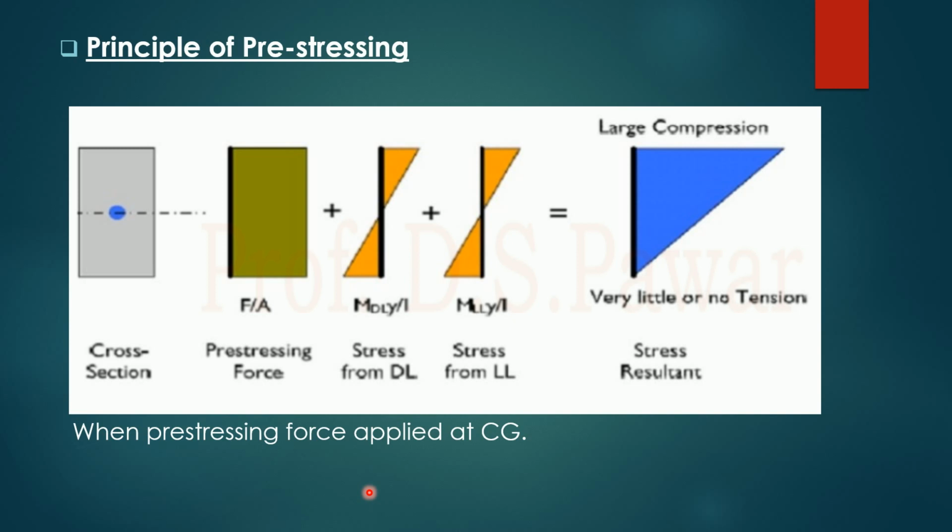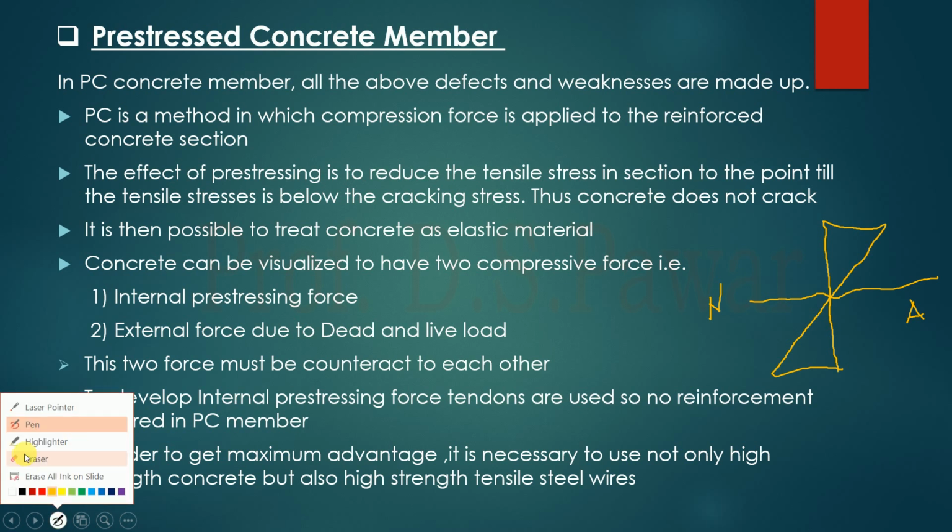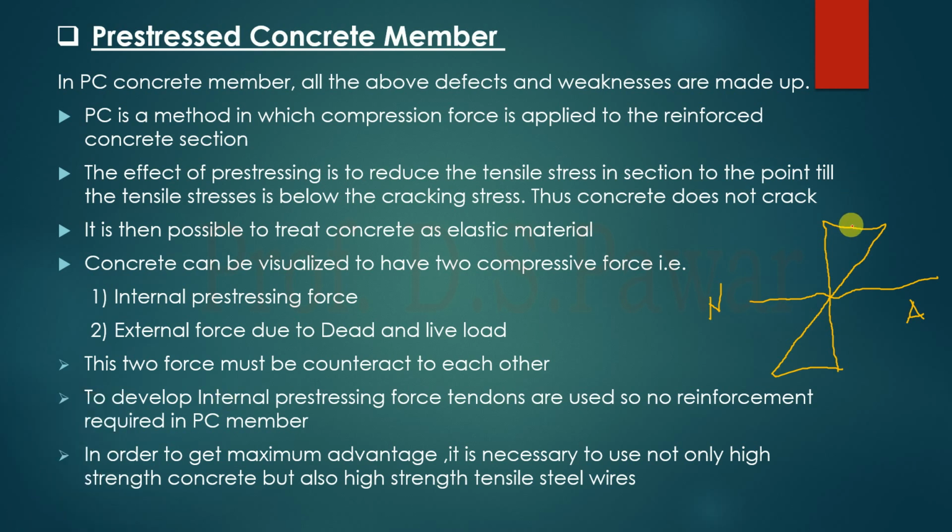Now I have just talked about there being no tension, we have to design the section like this. Now see here, the section diagram, the strain diagram which we have calculated for the limit state method. If this is the neutral axis, we have divided two zones, compression here and tension here.